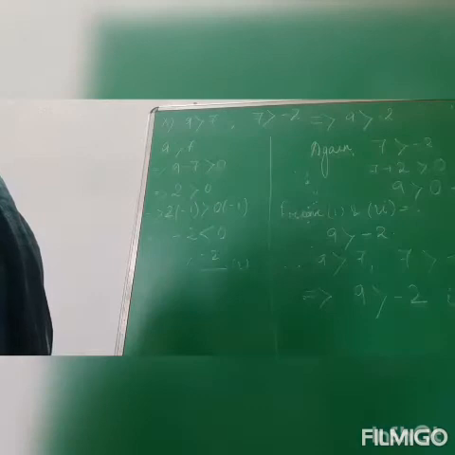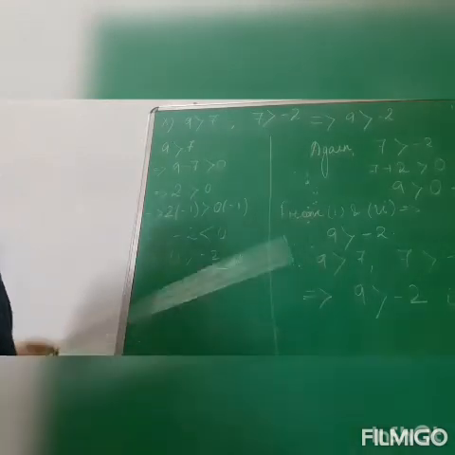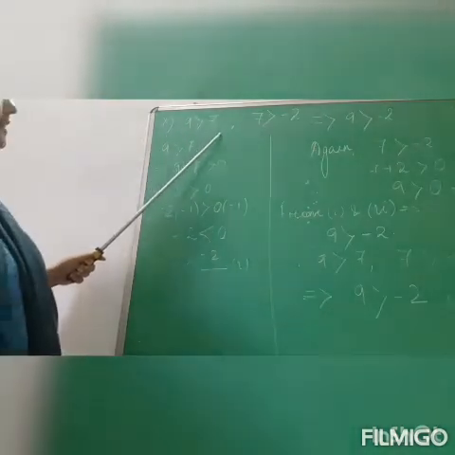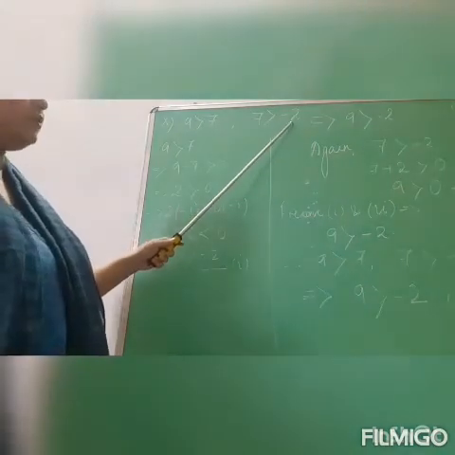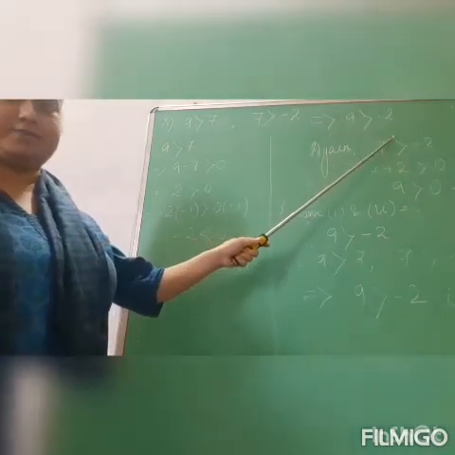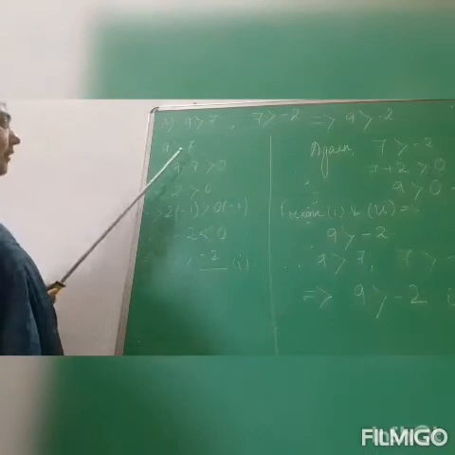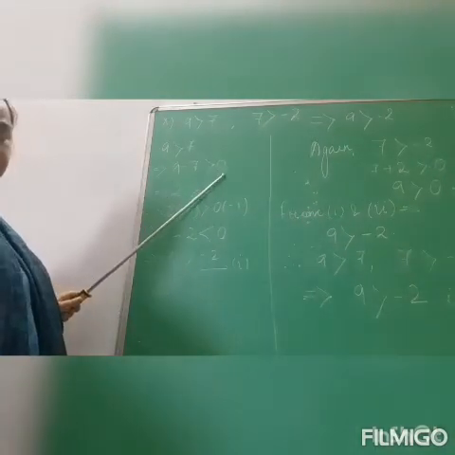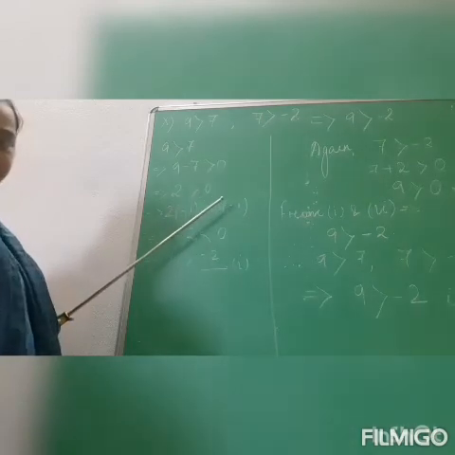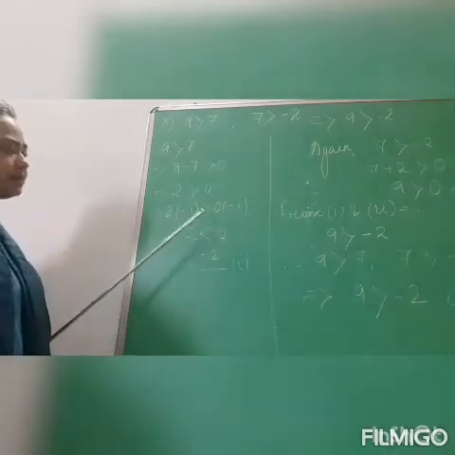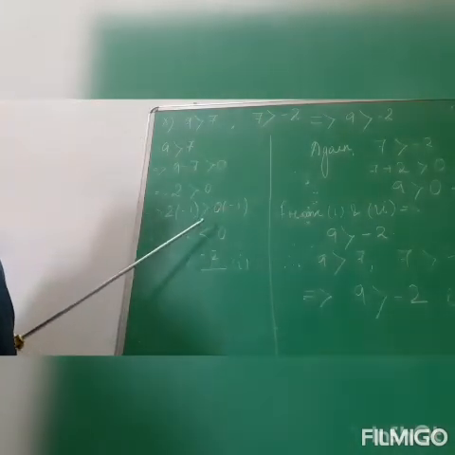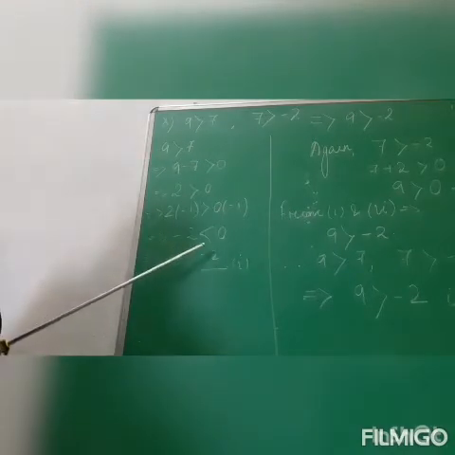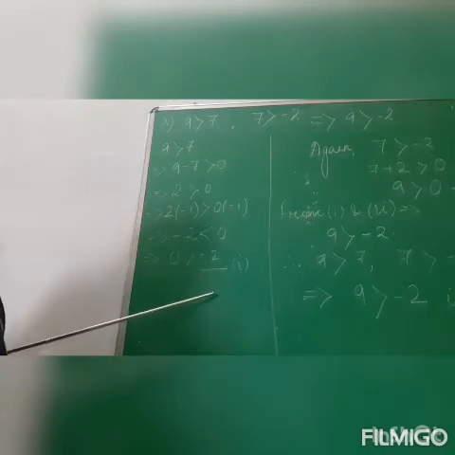Okay. Now, let us move on to the next sum. Number 10. 9 greater than 7, 7 greater than minus 2 implies 9 greater than minus 2. Now, see here. 9 greater than 7, the first condition. So, 9 minus 7 will be greater than 0. That means 2 greater than 0. Now 2 into minus 1, if I multiply on both sides, I get minus 2 here. So minus 2 is less than 0. Or we can say that 0 is greater than minus 2. Keep this one as equation number 1.